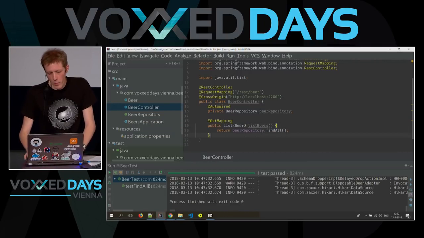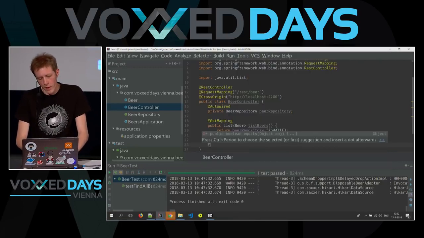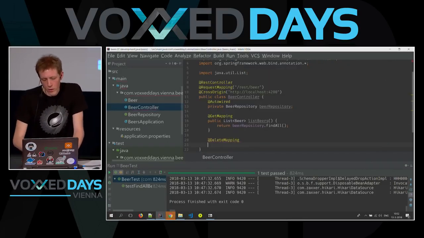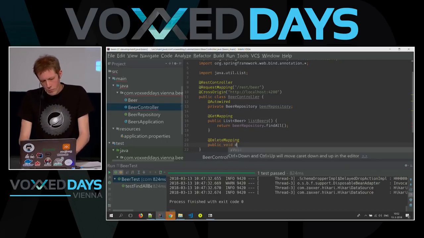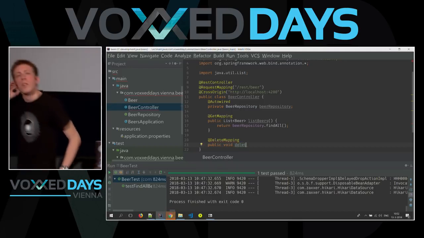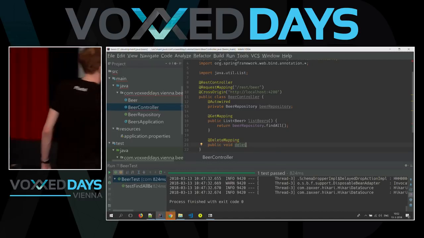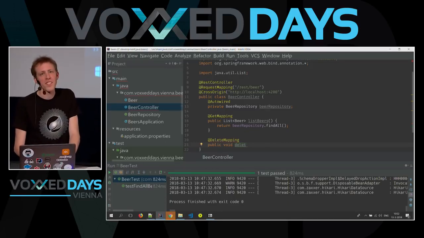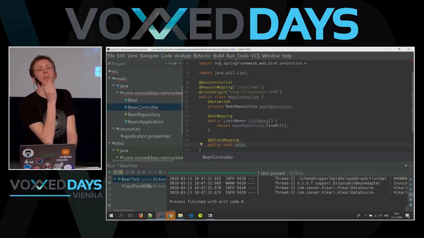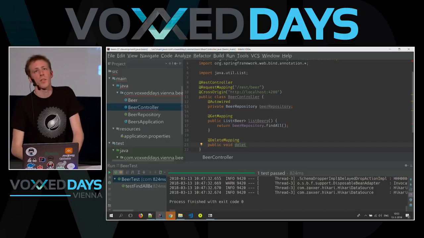This is working to open the application. In the meantime, I can add a few more operations, because we would also need to delete beers if we really want to be able to work with it. So let's create a delete method here. Sorry, what? In the reactive way. If I had a bit more time, I could do that. But I need to finish this one in 8 minutes. So is it okay if I post it up afterwards on GitHub? Or I can show you during the break or something. Yeah? So come see me afterwards, okay?